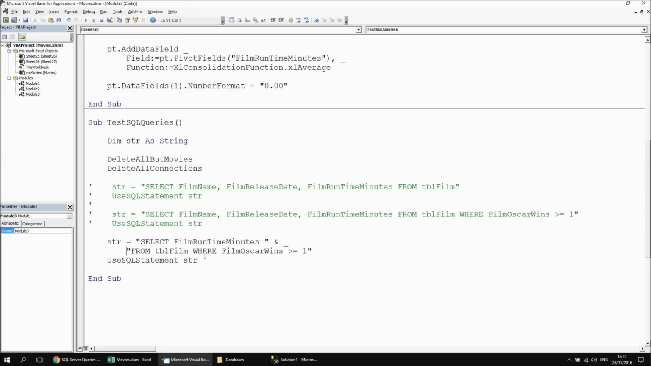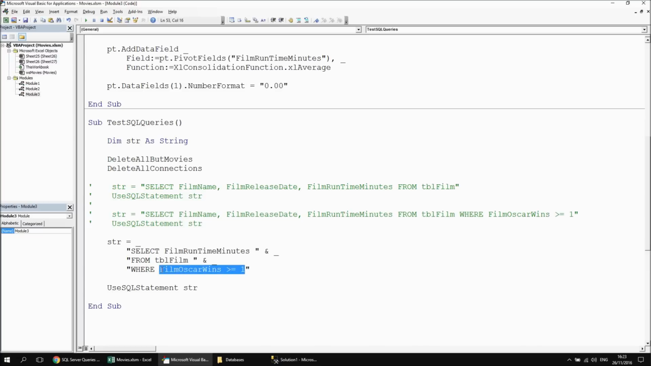clause. I'm just going to indent that a little bit. And then another ampersand and a space underscore, and then have the where clause separated out there as well. In fact, let me just start my select statement on its own separate line too, so it just makes it slightly easier to read. So rather than testing for the film Oscar wins greater than or equal to 1, what I'm going to do instead is test where the film release date